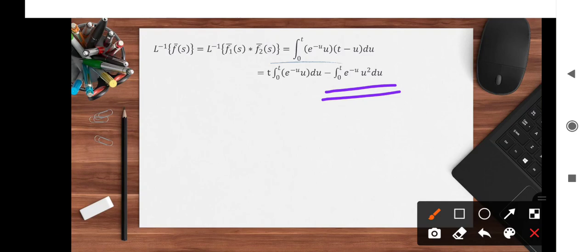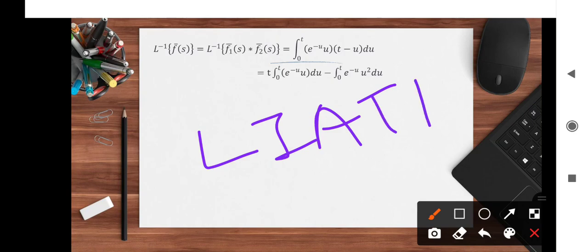Actually here in both the terms we are having the integrands as the product of two functions of u. So here no doubt you have to apply integration by parts rule in generalized form. So you have to decide the first and second function as per the LIATE rule. Here we know that L stands for logarithmic function, I stands for inverse function, A stands for algebraic functions, T stands for trigonometric functions, and E stands for exponential functions.